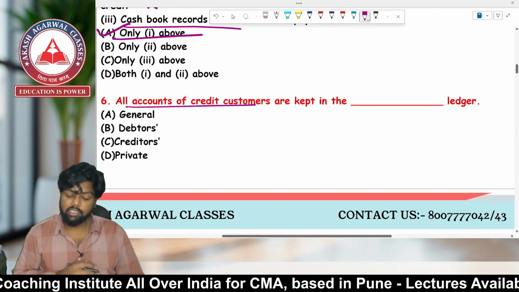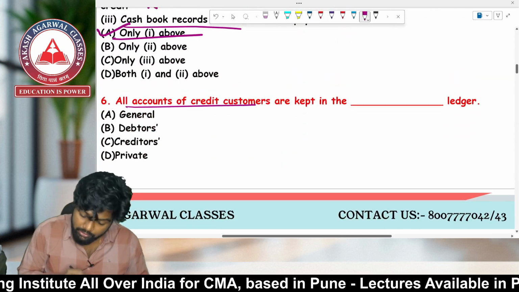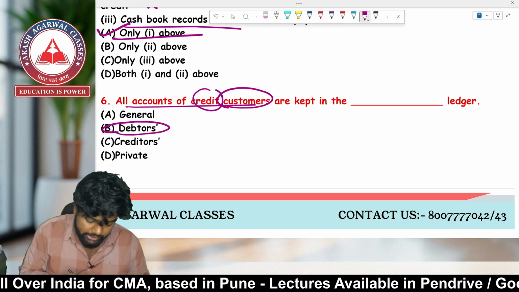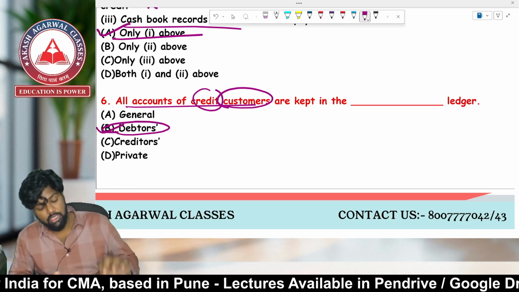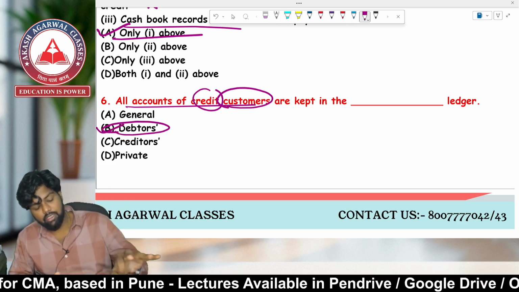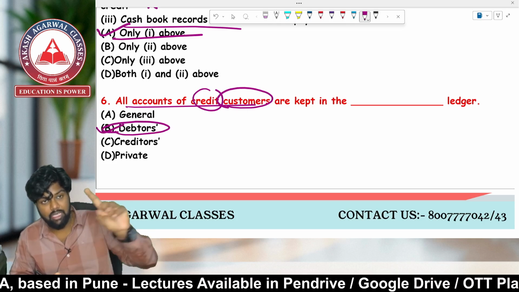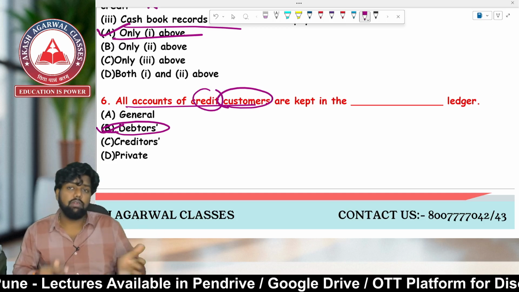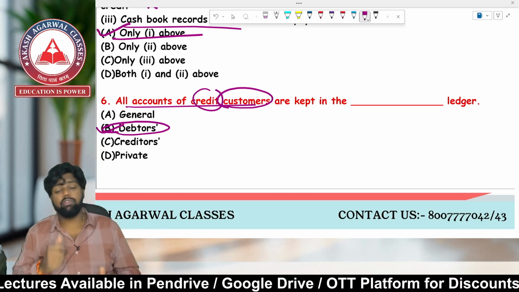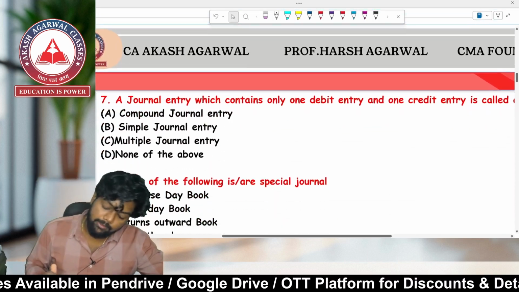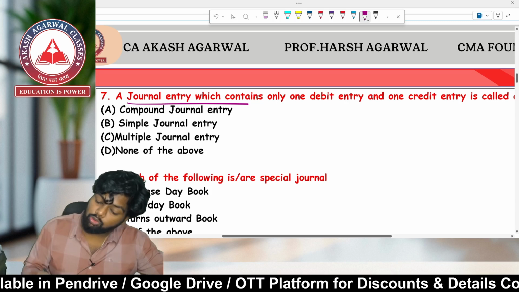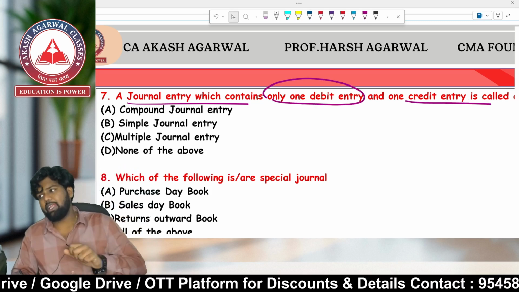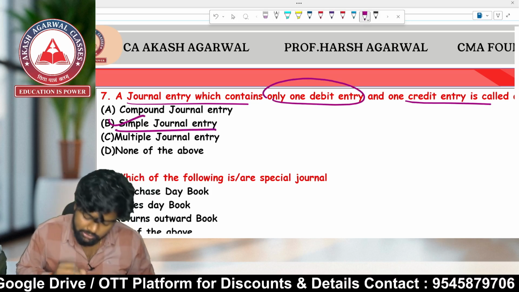All accounts of credit customers are kept in the debtors ledger, not the creditors ledger. By mistake, we might write it in our creditors ledger. The answer is debtors, because they are our credit customers to whom we have sold the goods and from whom we have to receive the money. A journal entry which contains only one debit and one credit